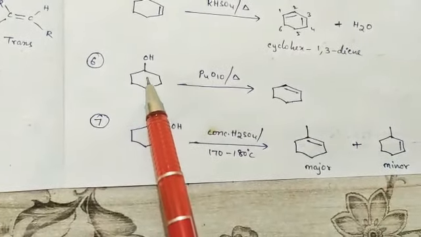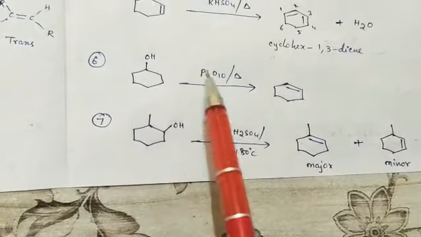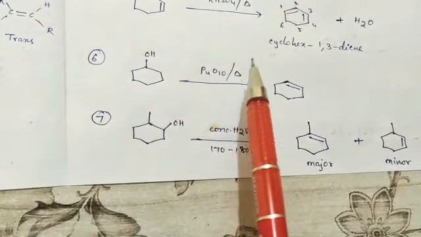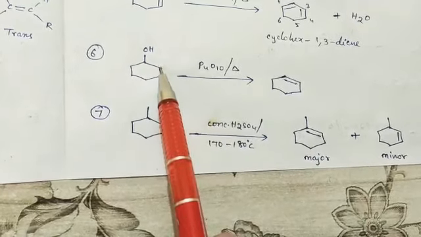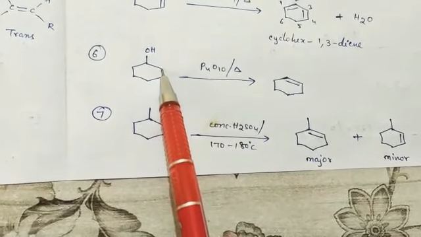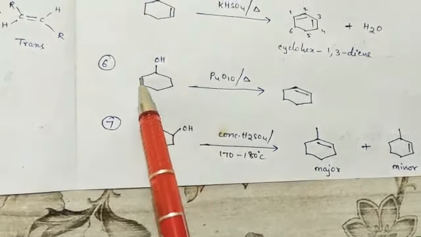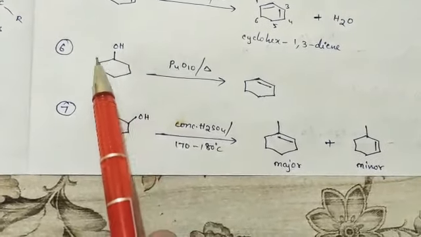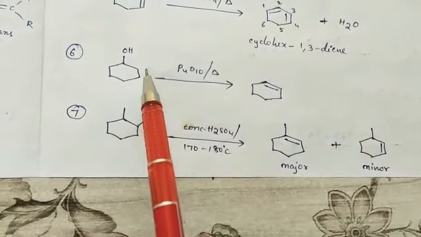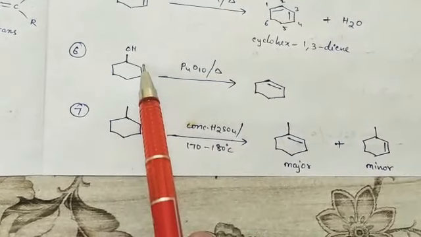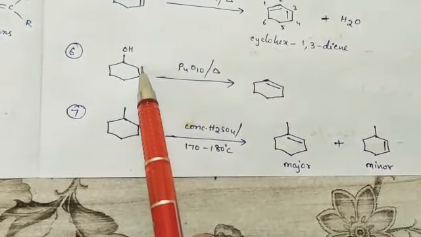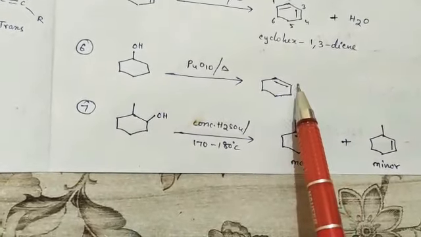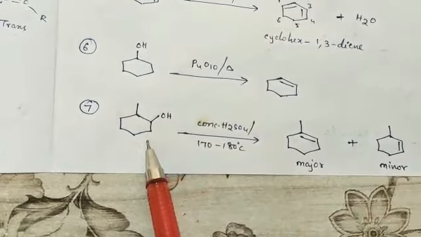So similarly here also, 1-cyclohexanol. We are using the dehydrating agent P4O10 with continuous heating, so that the hydrogen from the right hand side carbon, it is CH2, and the left hand side carbon CH2, we can eliminate from this carbon or this carbon also, since both CH2 are the same. So I am eliminating the hydrogen from the right hand side carbon, so that in between them one double bond is generated. Now let us see one more.